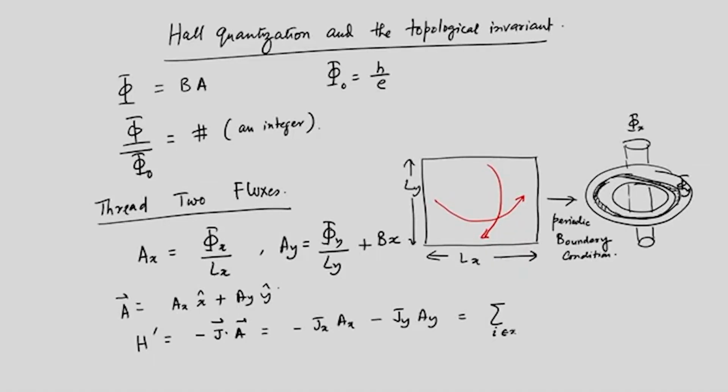So, this can be written as H prime equal to minus the sum over I of J I times phi I by L I, where I is x and y. So, phi I is phi x by Lx and phi y by Ly, and this is the one that you have here. And this is the perturbation, of course, and we want to see how this perturbation